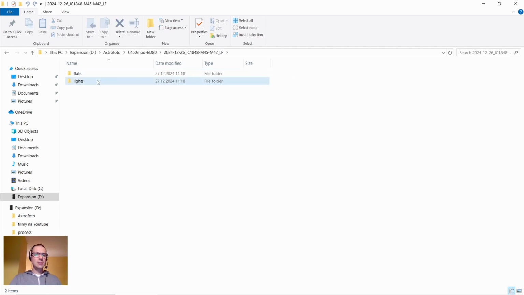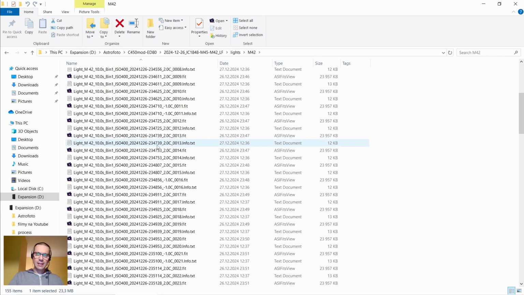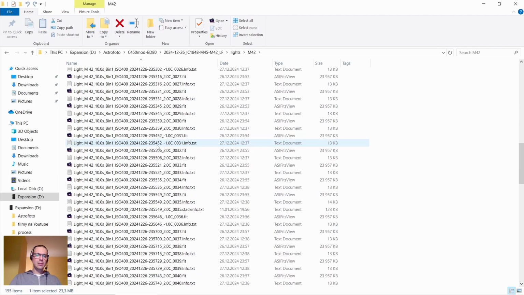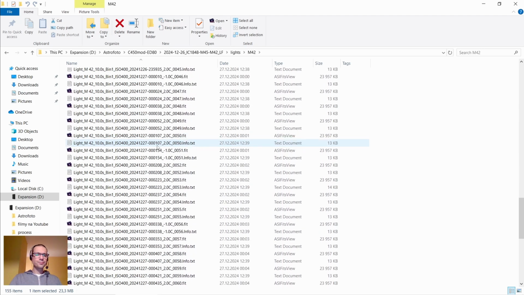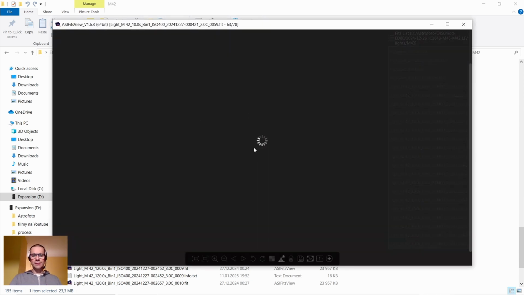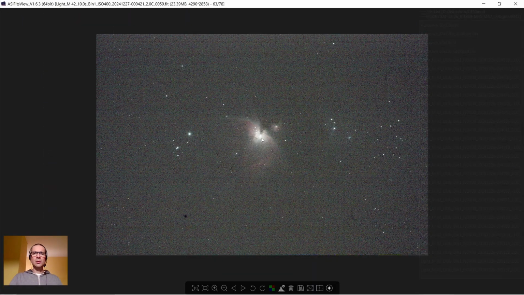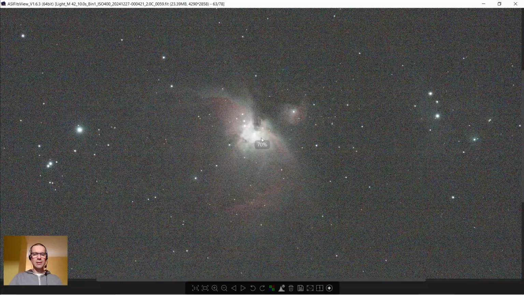During the first night, I took 60 frames, 10 seconds each, so it's about 10 minutes, and these frames were for the core of the nebula, where the so-called Trapezium stars